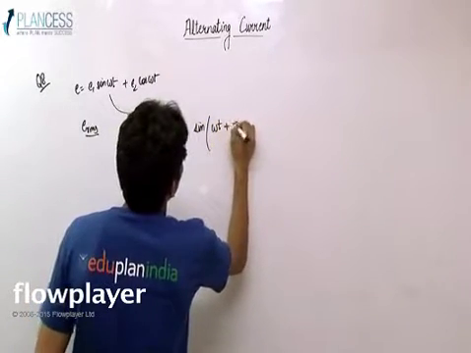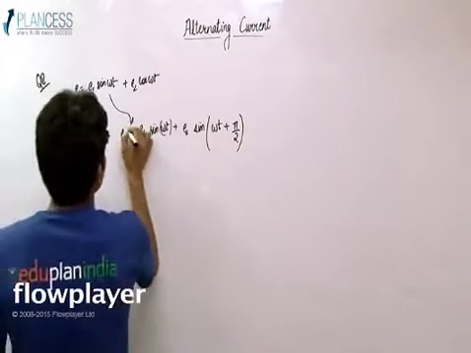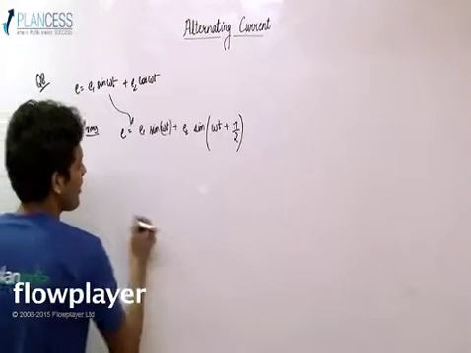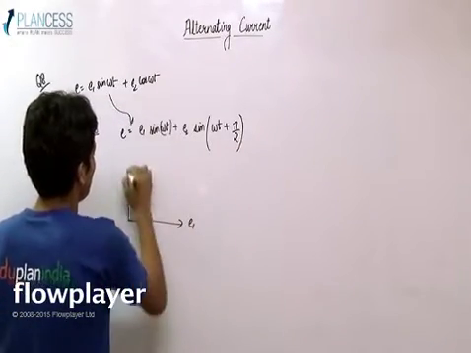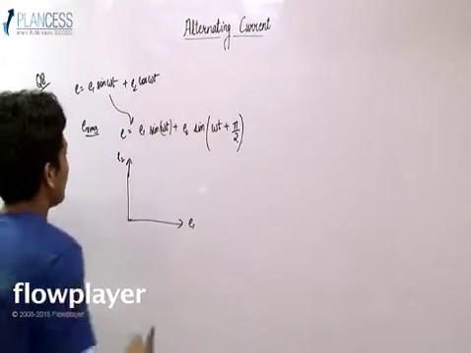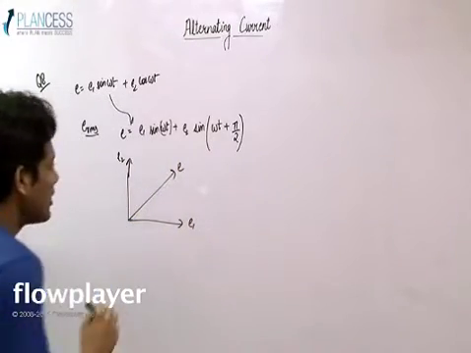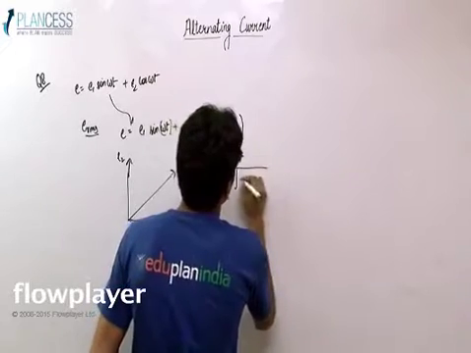E2 sin(omega t plus pi by 2). So this is the value of E. Now, if I want to draw the phasor, I can again draw phasor E1 like this and E2 like this. So the resultant summation of them would come out to be somewhere here. That would be our E, and the E maximum can be written as root over